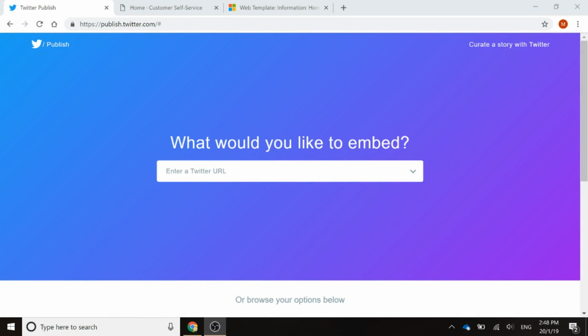One feature you can add to a website is embedding a Twitter feed or specific tweets, either your own Twitter feed or you can embed tweets from somebody else. So to get started with that, we're going to go to